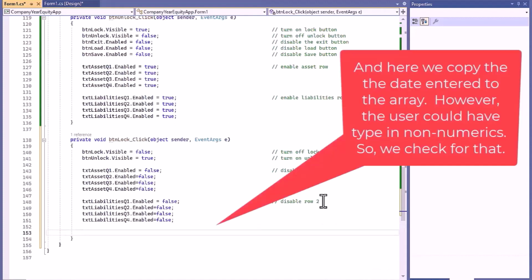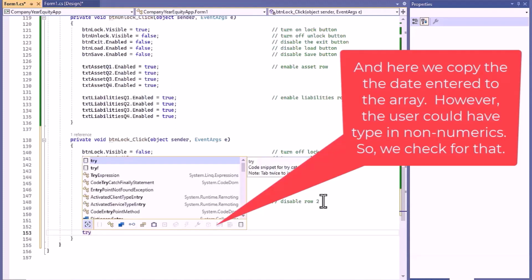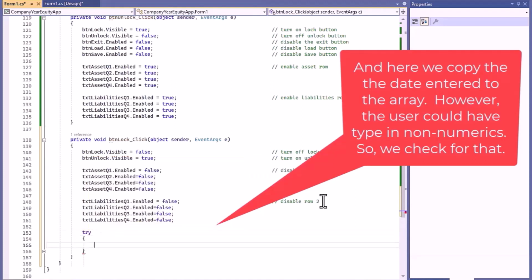Now we need to do something. We're going to do a try catch here, because I'm going to do the math at this point in time. So we're going to do a try. We'll do something, and if it fails, we're going to have a catch down here, and it's going to be a straightforward catch. Oops, what happened here? Let's fix this up a little bit